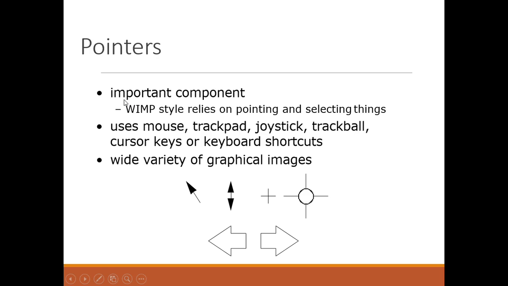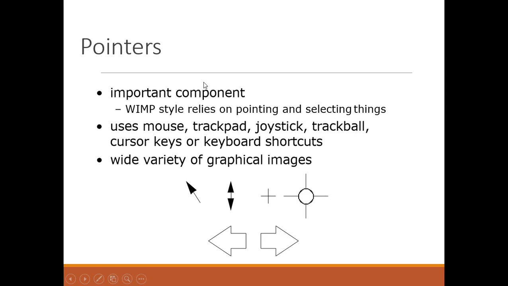Important components. Vim still relies on pointing and selecting things, right? And one more thing here, I forgot to draw the picture. You have sometimes seen a hand-type pointer. Why the hand-type pointer? Just to make the user feel like it's human-like, so that when the user figures things out on the screen, he or she will feel like it was done only by them. So that is just to make the user feel good, we are also using the hand-type pointer.